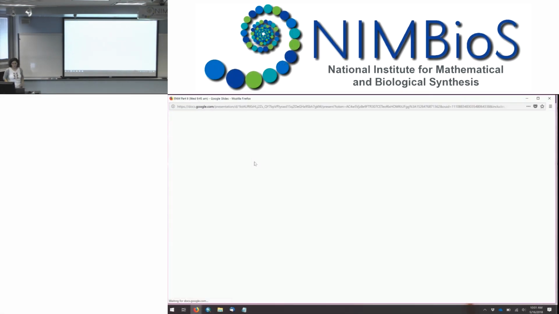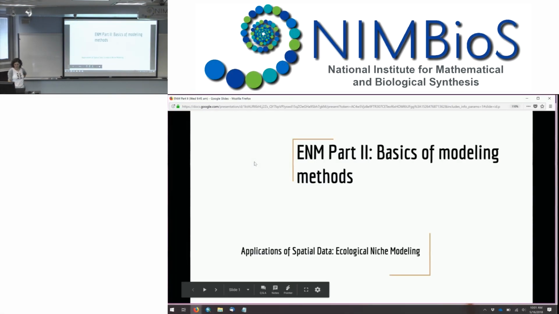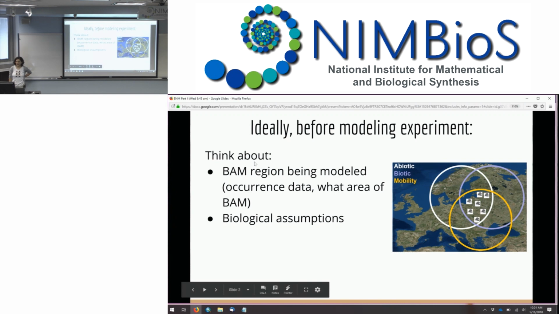Okay, so I'm going to pick it up from where Town left it with the BAM diagram. And I will say, this is a lot to ask, but before you jump into running your models in R or running your Maxent, think about the BAM diagram. I just artificially placed a map. So think about the geography, think about where your organisms may be and where these three important